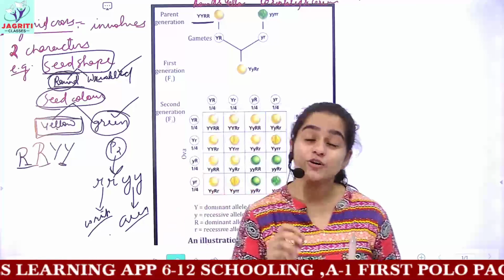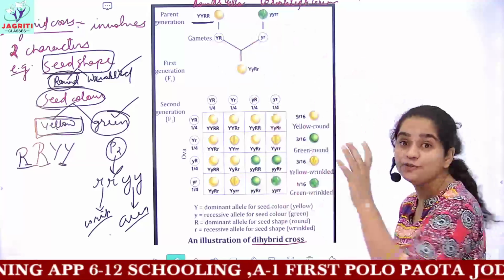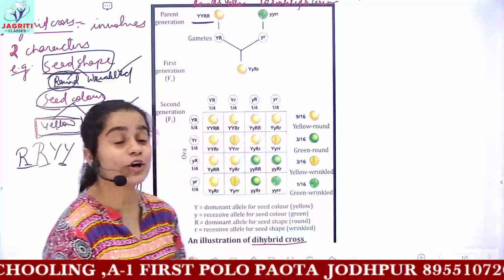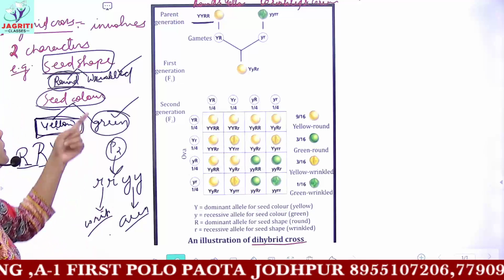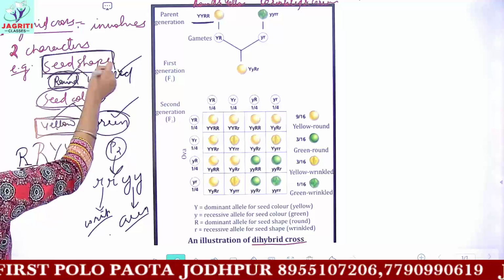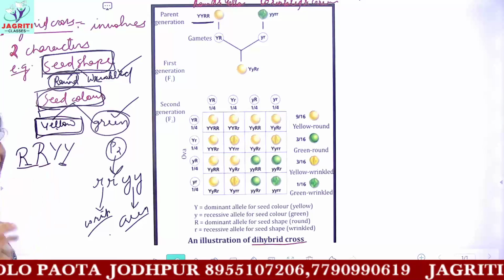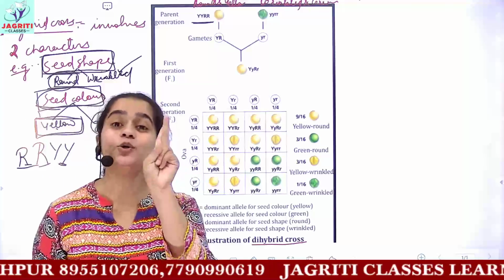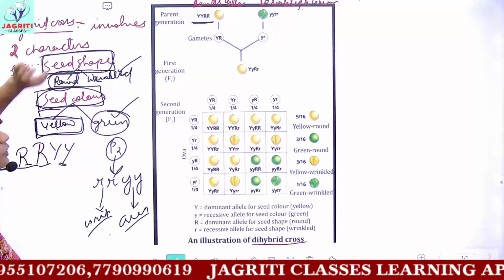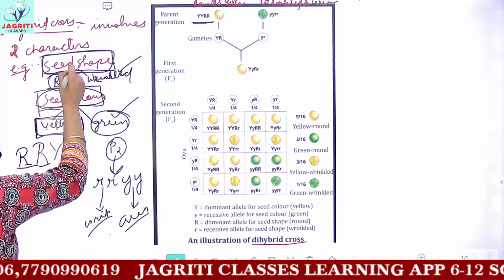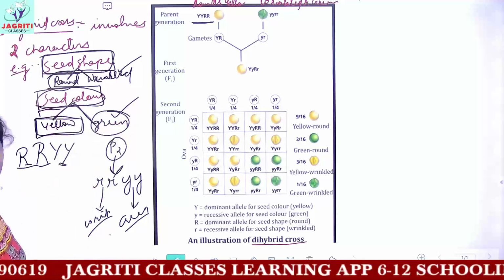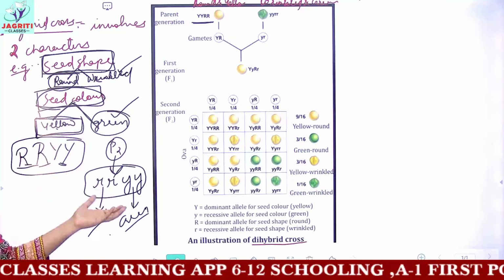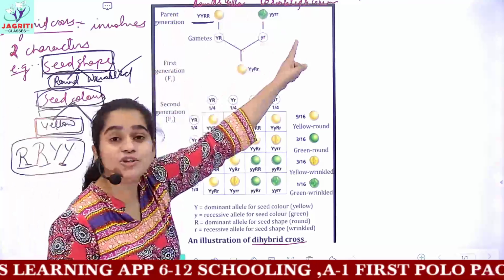So firstly, you should know how to make the genotypes of the parents, either in a monohybrid cross or in a dihybrid cross. Whichever cross you are performing, the first step is, if you are told to make a cross between seed shape and seed color, you will get an idea that because you have to make a cross taking two characters, this means it is a dihybrid cross. Now you have to see the contrasting varieties for seed shape and seed color. Then you have to decide the genotypes of the parents. After finding the genotypes of the parents, the same genotypes are mentioned here.